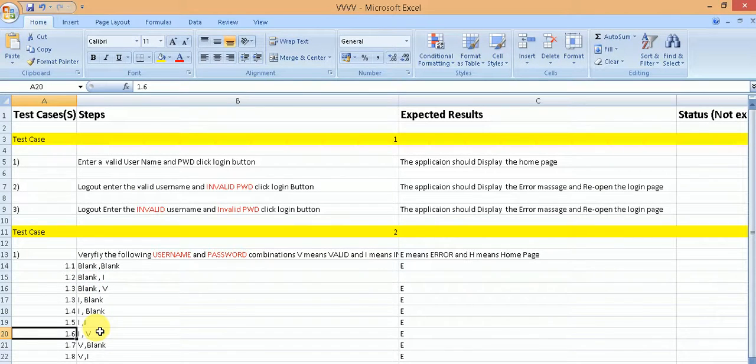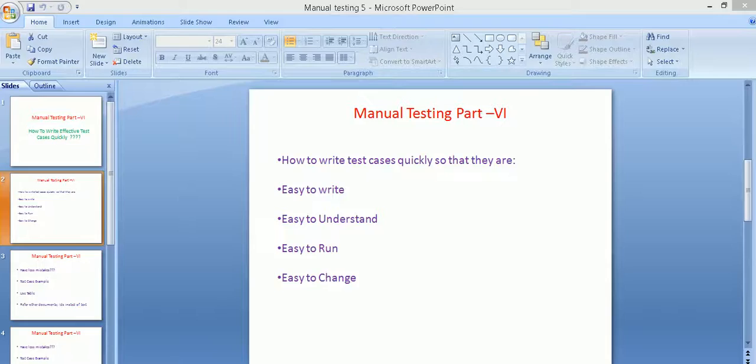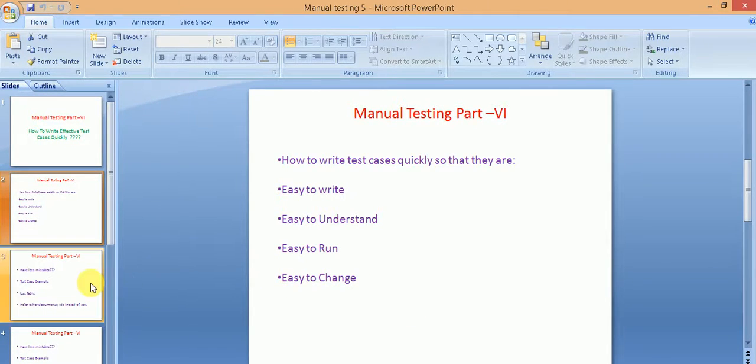So instead of doing that operation, simply refer to the other ID and the document name, and it also serves another indirect purpose. Whenever something changes in the source document, you need not update the text within your test case because you are simply referring to the source document. So even if something changes in the source document, you need not do any updates in your already written test cases.